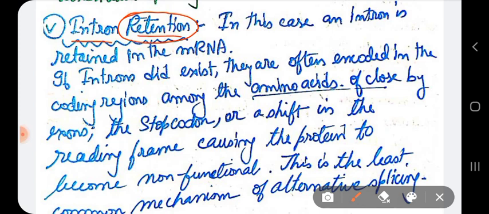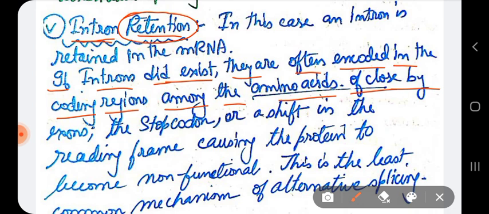Here, in the simple concept, splicing means to remove the introns and join the exons. But sometimes, due to the absence of the 3 prime splice site, an intron can remain within the mRNA. Now, if introns exist, they are often encoded in the coding regions among the amino acids of the close exons. A stop codon or a shift in the open reading frame will occur, which causes the proteins